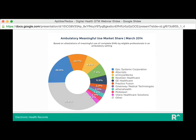There are literally dozens and dozens of EHRs out there that support this type of technology for these doctors' offices, and the biggest market share is shared by a whole bunch of very, very small players. So the integration strategy here really has to encompass the different types of EHR systems that are being used at various outpatient clinics. On the hospital side,